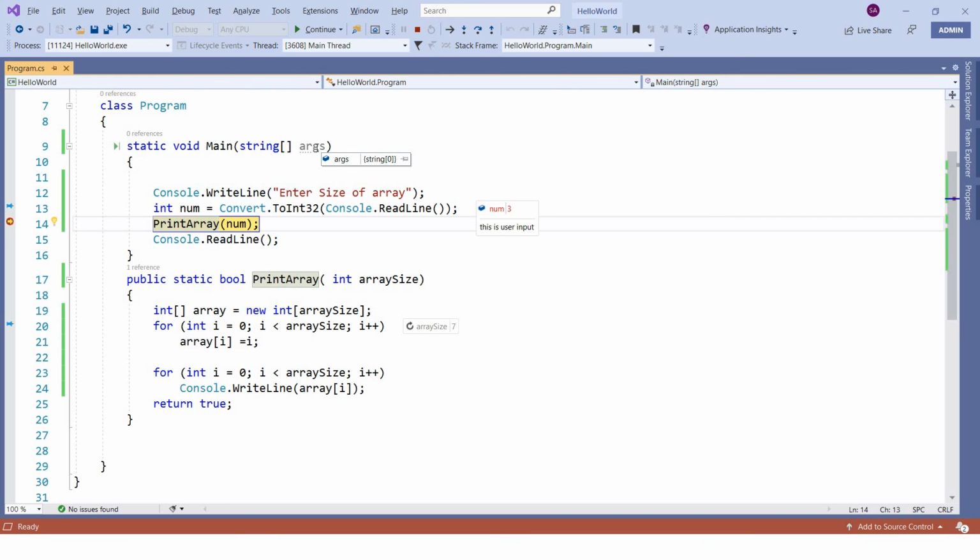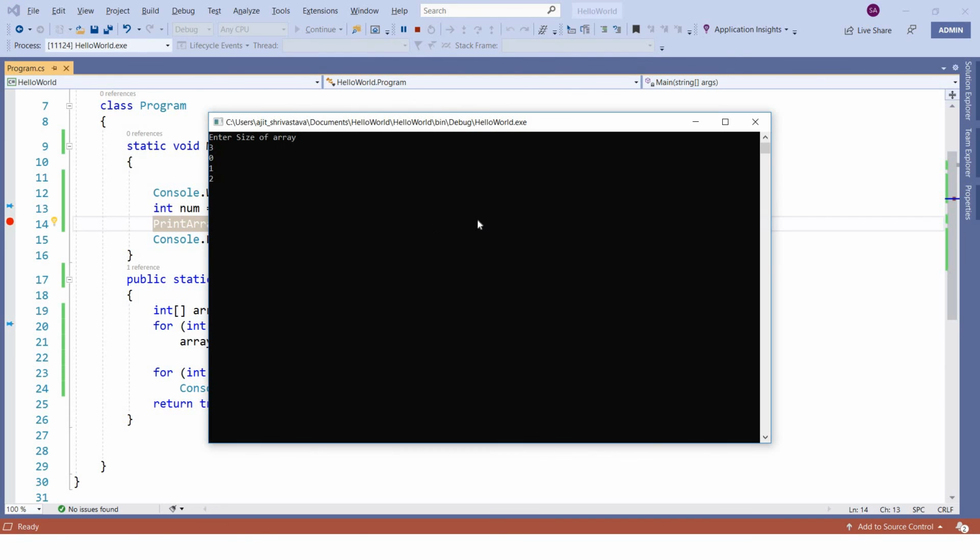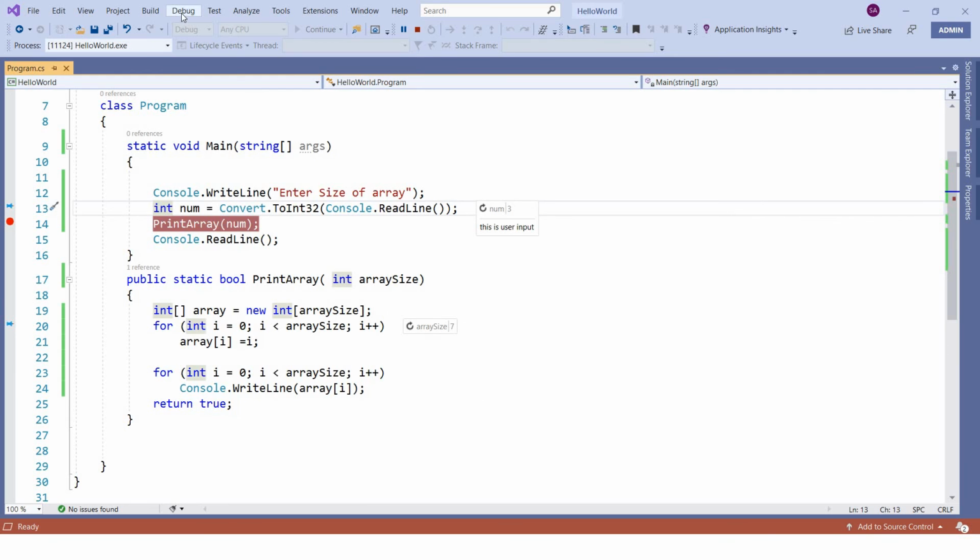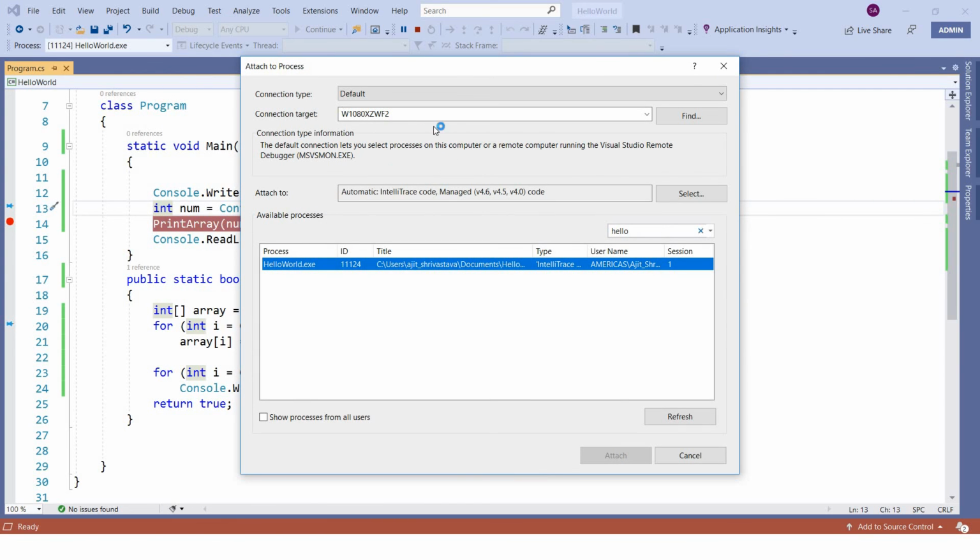There are so many options available in Visual Studio. For example, if you go to Debug, Attach to Process, here it is showing my current system. Here you also have options to debug an application which is running on another system. For that you need network connectivity.